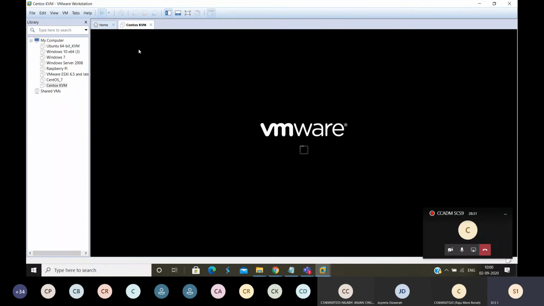And another thing is also there. You have to check the VMware compatibility. Means if that virtual machine is created on VMware 14.5, then it will run only on VMware 14.5. If it is in 15, it is not going to run. If your virtual machine is created in VMware, and you want to run it in VirtualBox or Hyper-V or KVM, will it run? You tell me, will it run?